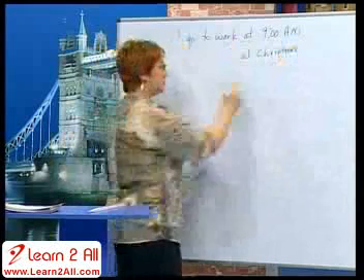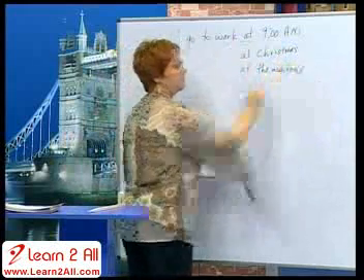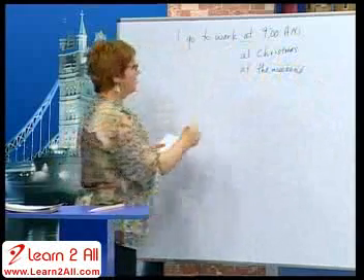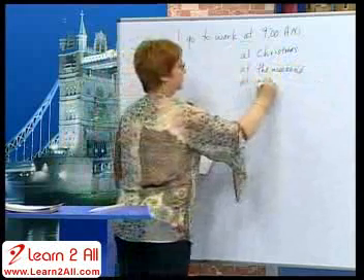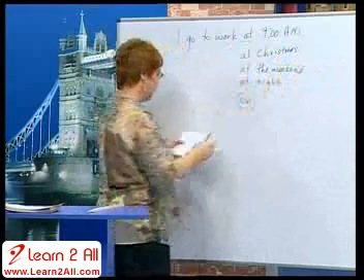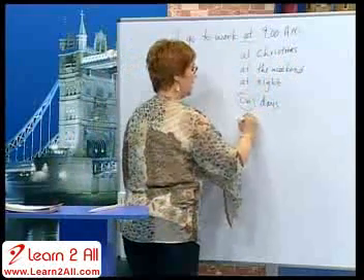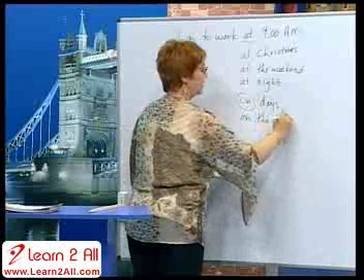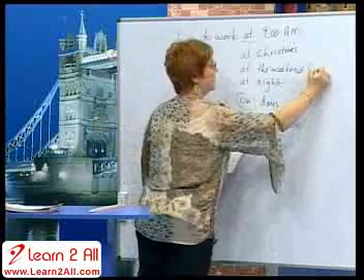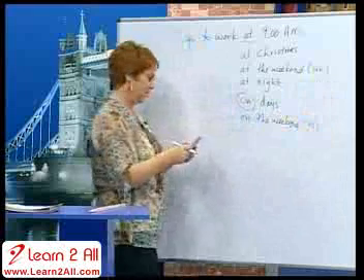In British English, they say at the weekend. But remember, in American English, it's on the weekend. And we can say at night. Now, we use on to talk about days and weekends, on the weekend. So let's say at the weekend UK, on the weekend US, and Canada, of course. All right?